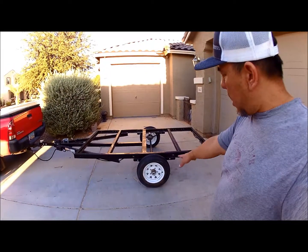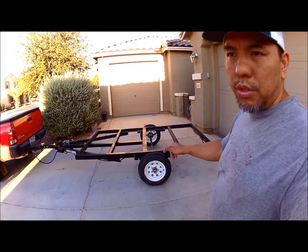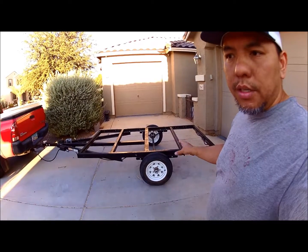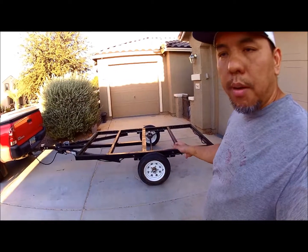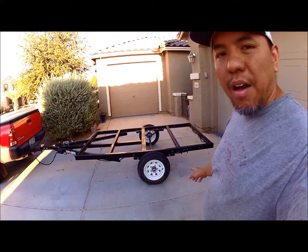Okay, I got the 5 lug. I think they all come in 5 lugs, but if you were to get a Harbor Freight one and you get to choose 4 or 5 lugs, choose the 5 lugs. A couple of reasons why. It comes with bigger wheels from stock. And on top of it, if you were to do the 5 lug, which is 5 by 4.5,